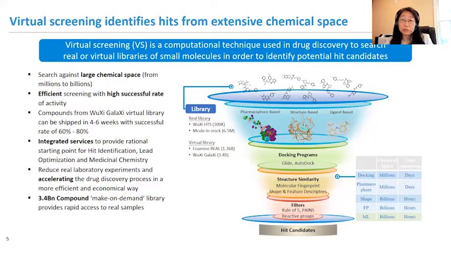This could include property filters, including ADME properties, CNS penetration, or even some tox considerations, and could be some specific chemotype that we would like to focus on. So in the end, we get a list of hit candidates that we can submit to biological assay to confirm